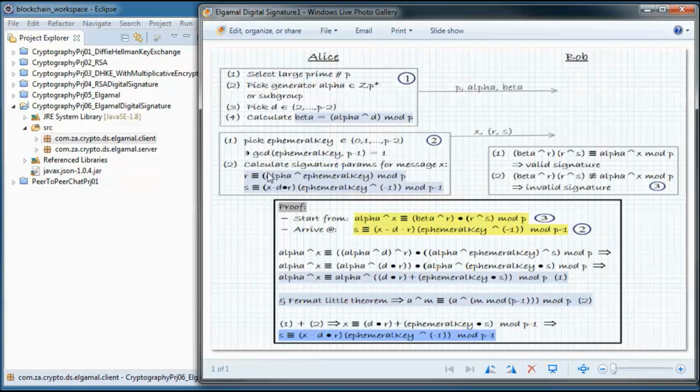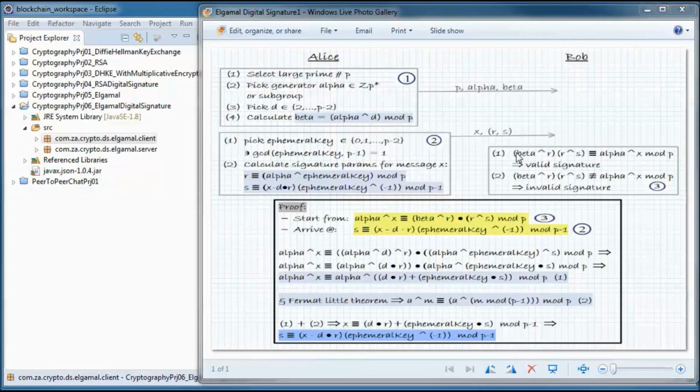And then she calculates the signature params for that message, so R and S, and R is congruent to alpha to the power of the ephemeral key mod P, and S is congruent to X, the message, minus D multiplied by R multiplied by the inverse of the ephemeral key mod P minus 1, and she sends X and the parameters R and S to Bob.